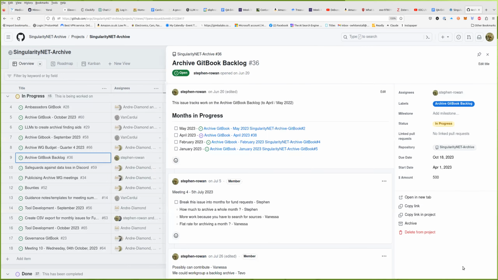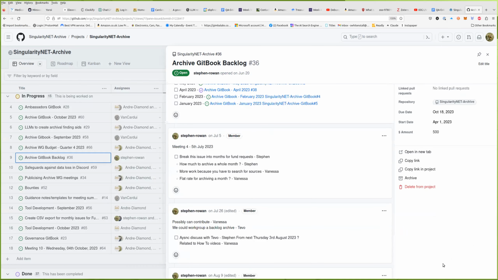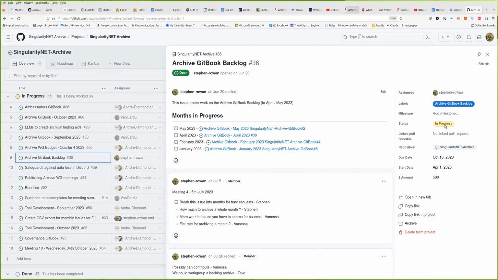No, it's misleading, because I'm trying to tell the story in this issue: we started work on the backlog, as you can see here, but then we dropped off, so there was a gap. I think that 500 would only be justifiable if I did this work here. But as you say, as we said in the last budget meeting, anything we do in any work group is a bit of a bargain anyway, because we're not paying ourselves real costs, are we?